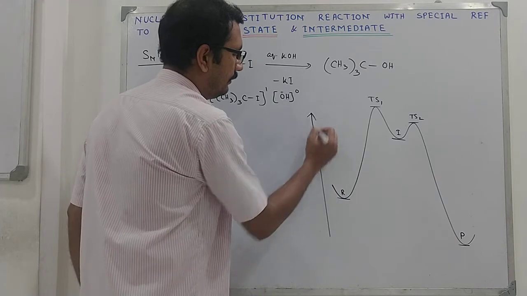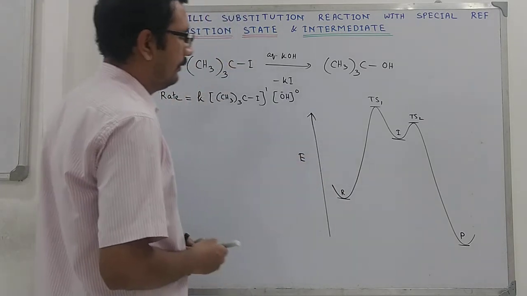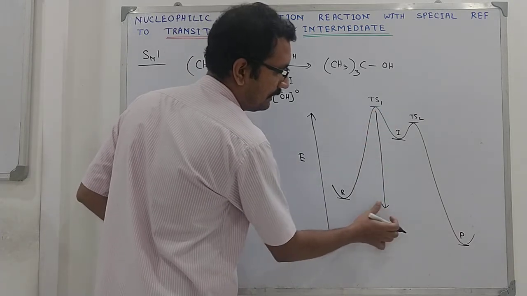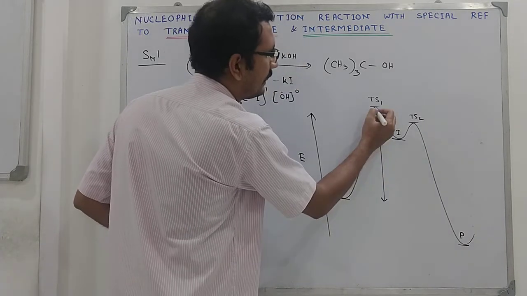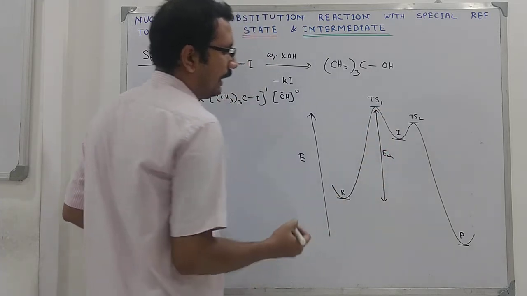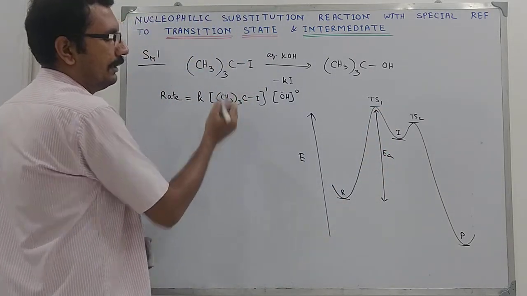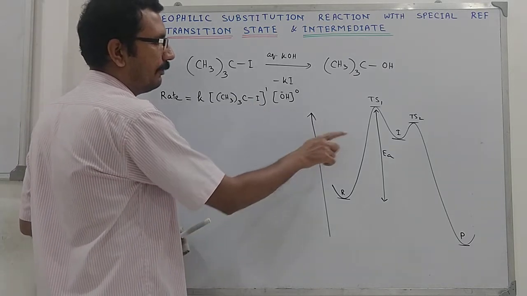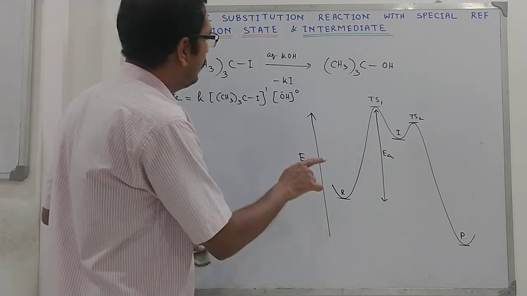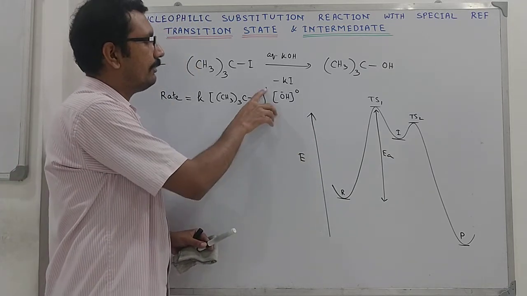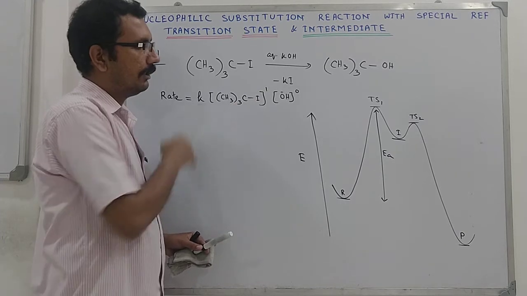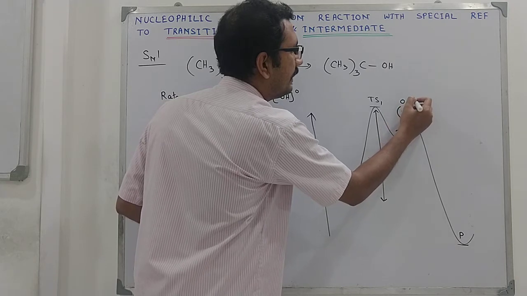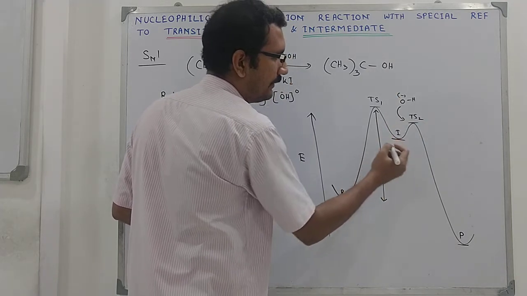Now here is the energy axis. You see the first step is associated with a large activation energy, and only this molecule is participating. So it will have a contribution in the barrier crossing phenomena, and in the kinetics we will get order 1 with respect to this molecule. But OH minus, it is appearing in the first step.